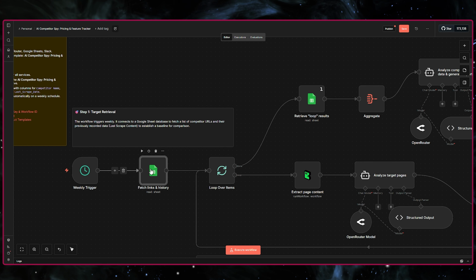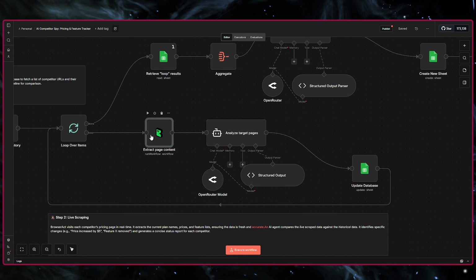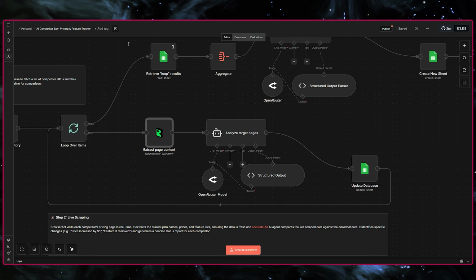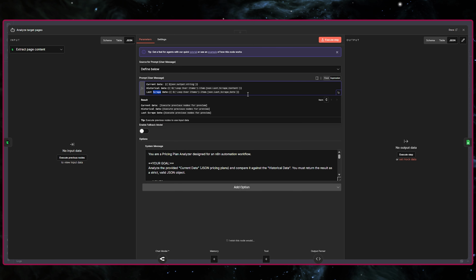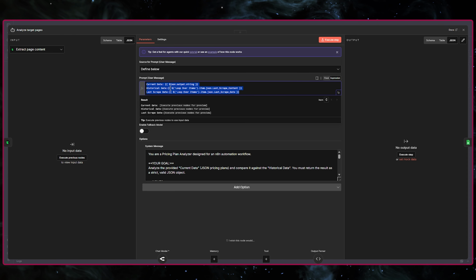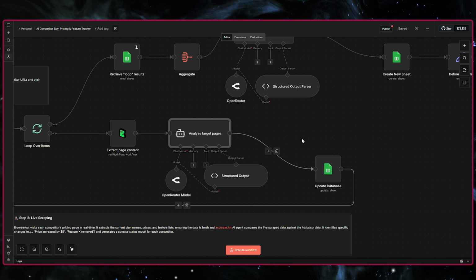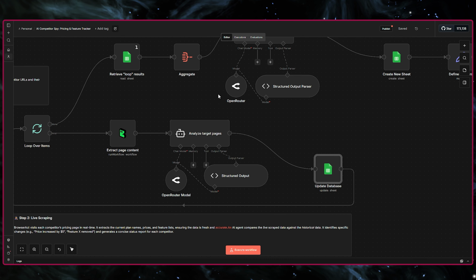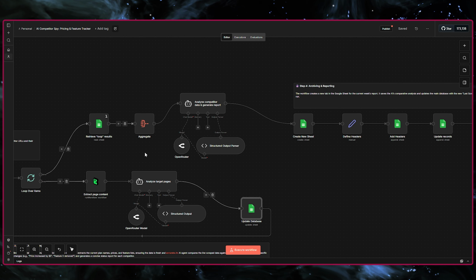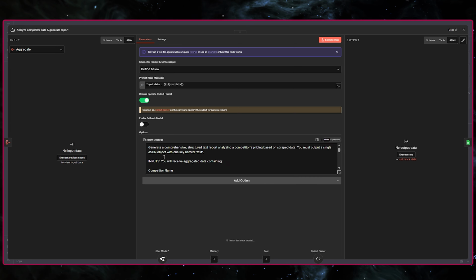The process is initiated by a weekly schedule trigger, which retrieves the target URLs and historical data. A loop then passes each link to the BrowserAct node for raw data extraction. This data is processed by an AI agent that compares current and historical information before updating the database with its findings. After individual page analysis is complete, the data is aggregated into a single array and passed to a final